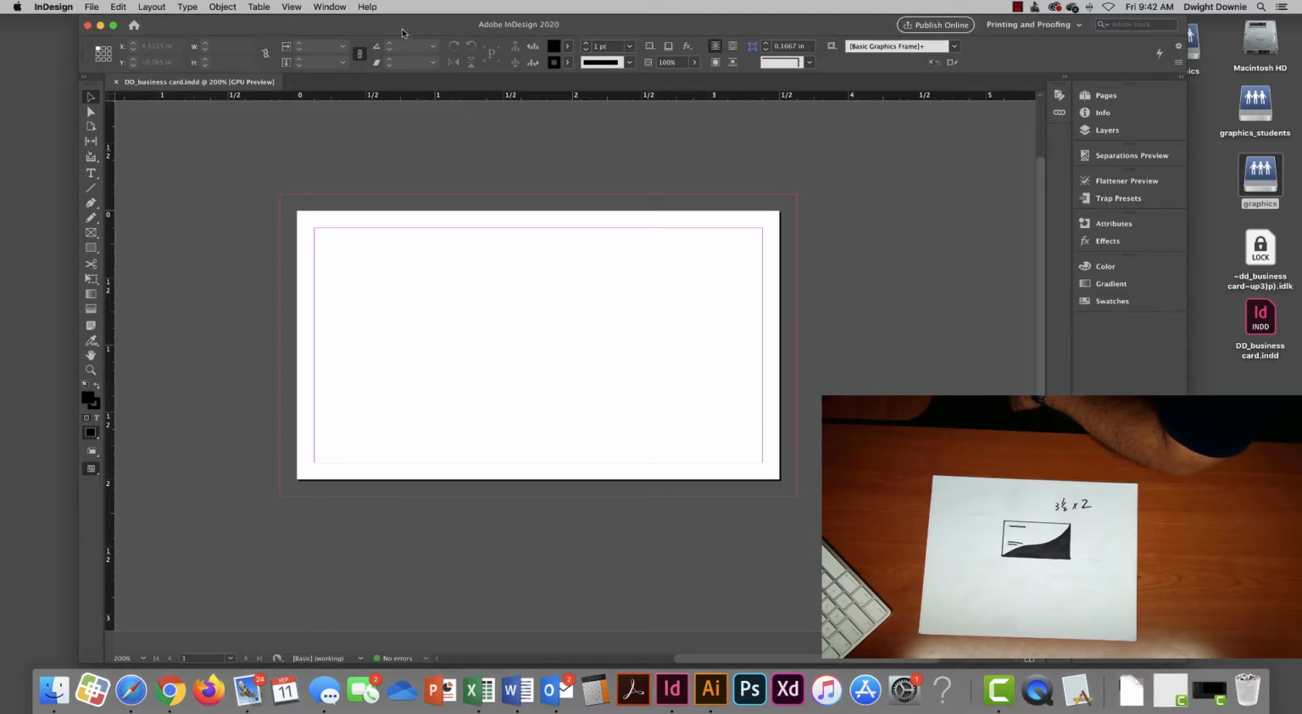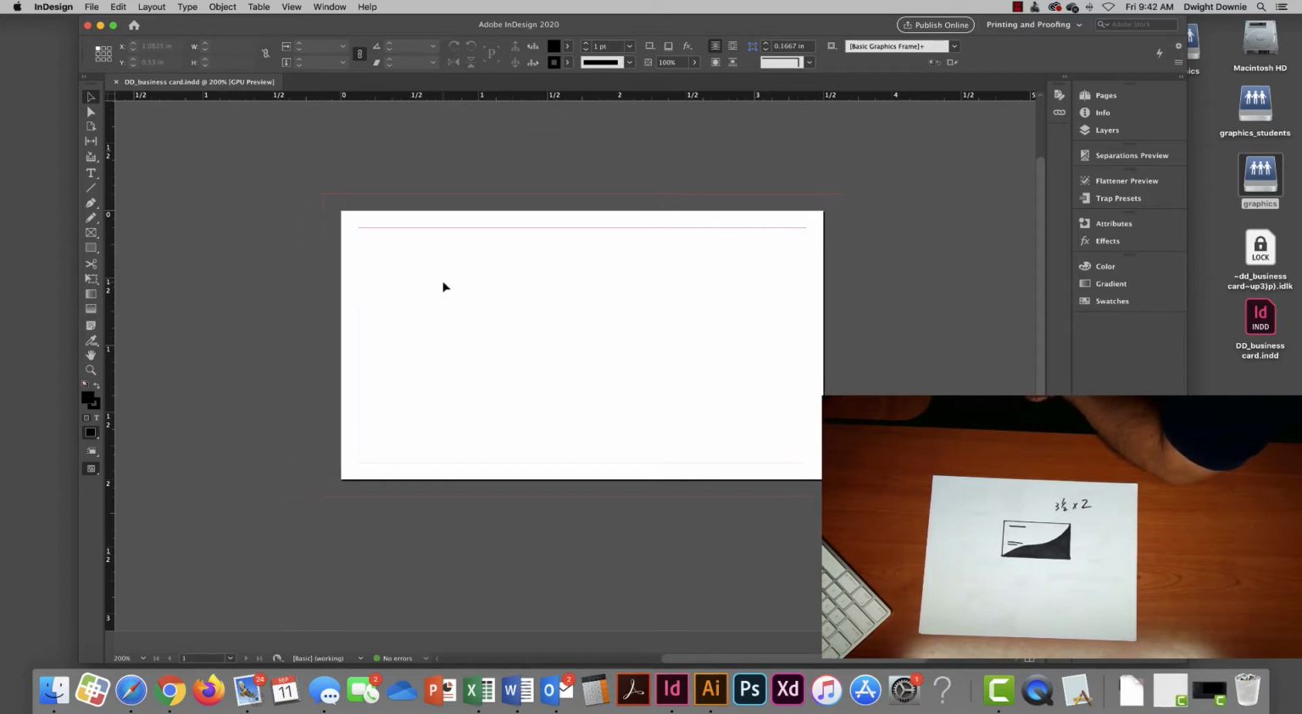But anyway, we set up our document. Remember, it was 3.5 by 2. I've got my bleed area set. I've got my margin set. And the margins are not going to print. Again, that's just to give us some visual guides of where we might need to create some text. So some of the basic tools, if we'll just quickly go through,